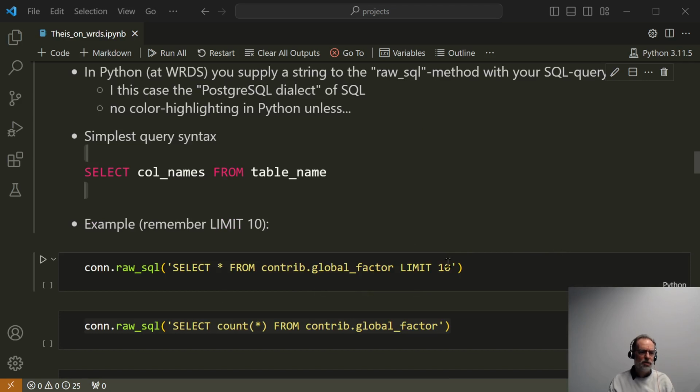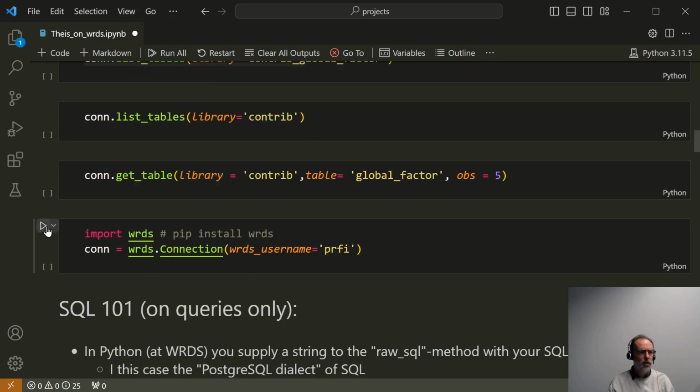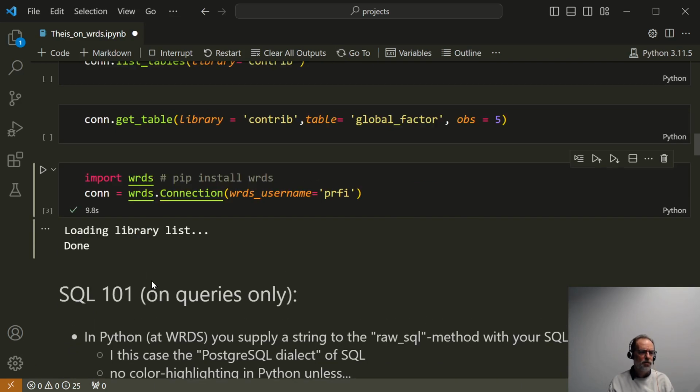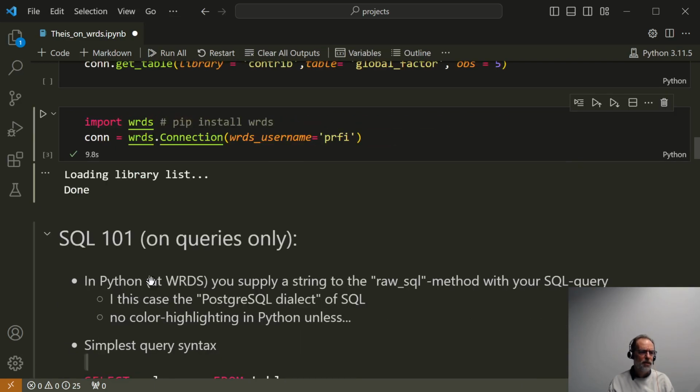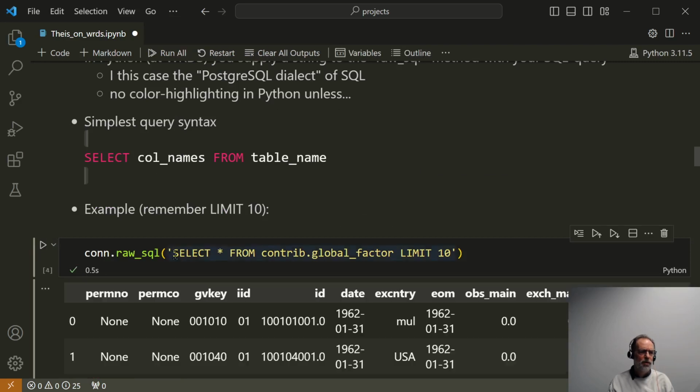So we will just ask for the first 10 of them, and we don't have a connection, so we'll quickly import the words database and form a connection. It takes some time because it's also loading pandas, I think. So there we are, and then we run the select, and then this star is selecting all of the columns